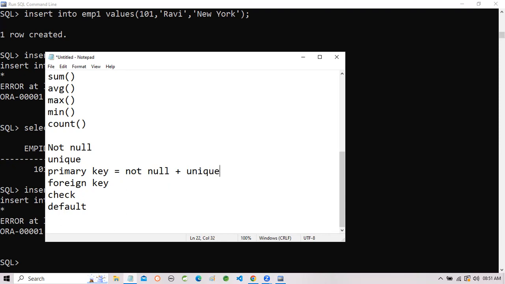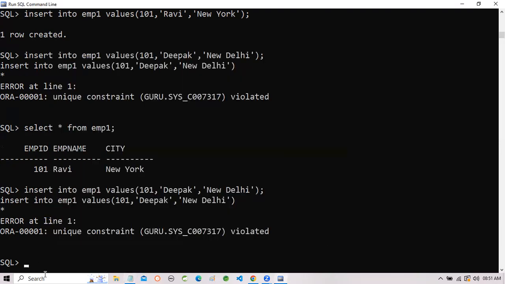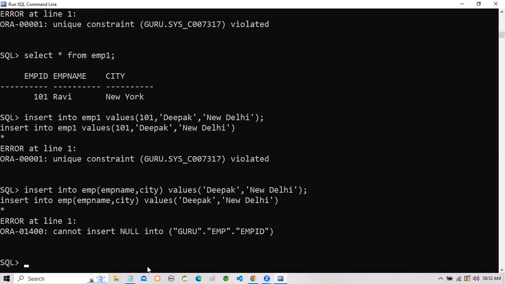What is the meaning of this? Actually, here you can see we cannot store duplicate values. But suppose we want to store a null value here. It is possible, as you can see in the last example. Here in EMP, if you want to store EMP ID, EMP name and city,